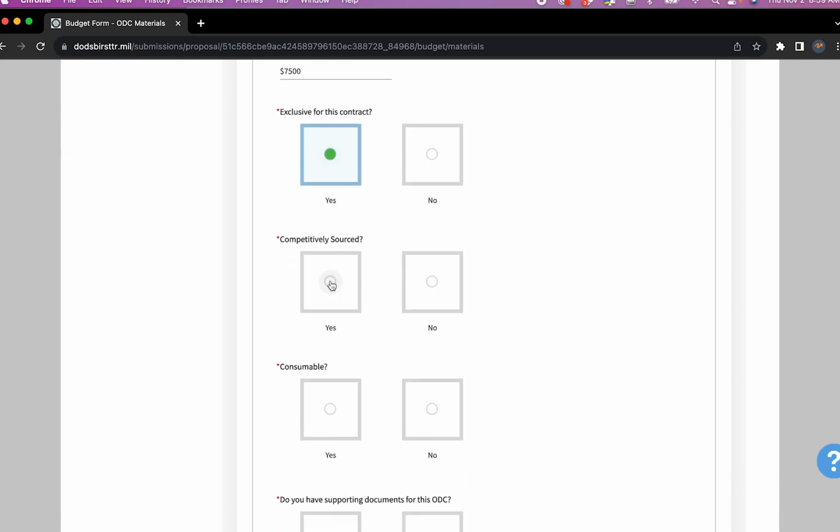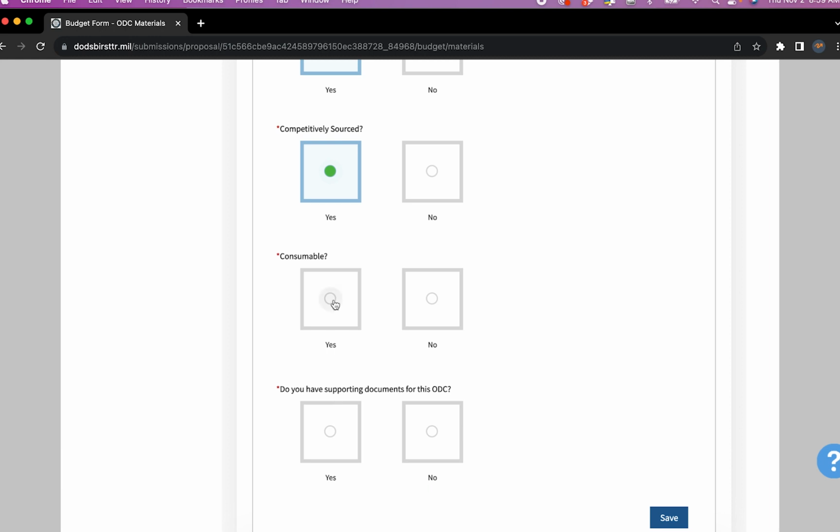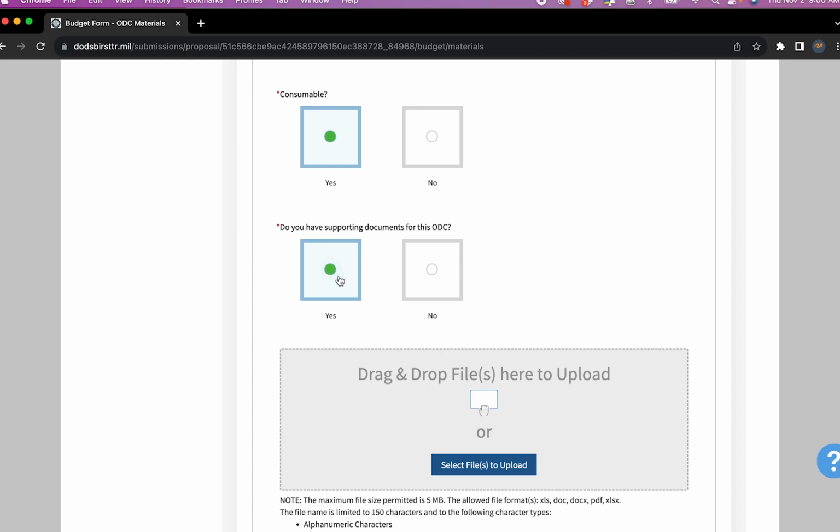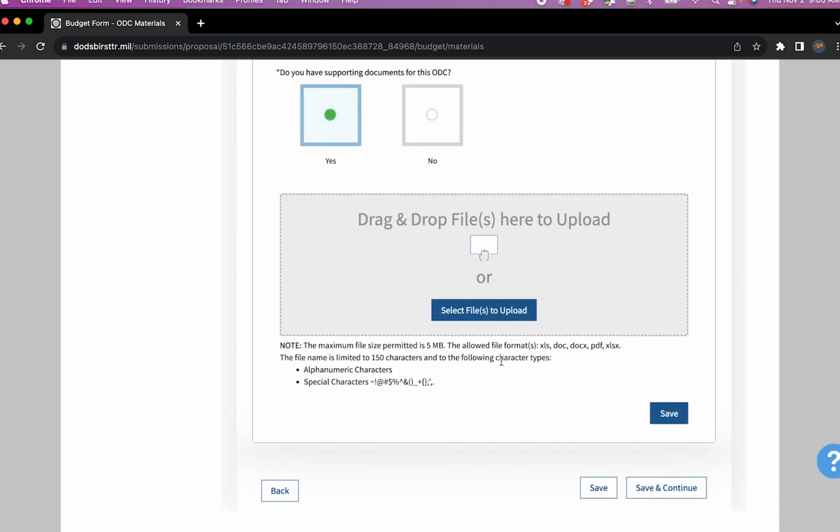Did we competitively source it? Yes, we did. Is it consumable? Yes, it is, because it is going to be consumed into the prototype that we will create. And do we have supporting documentation for this ODC? Yes, we do. All right, so here's where we would go in, and we're going to go ahead and select